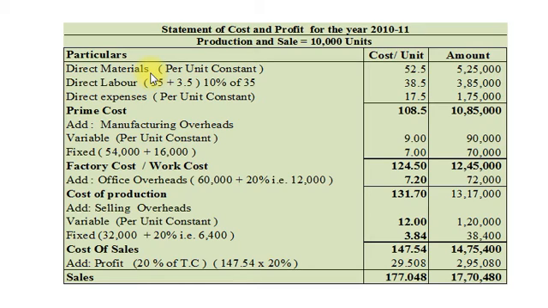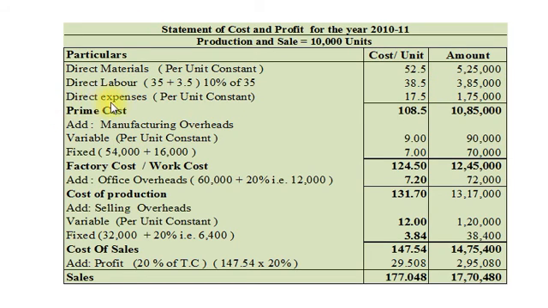Further, direct material cost is 100% variable cost, and the nature of variable cost, it remains constant per unit. So here it will remain constant, that is 52.5, same as 2009-10 amount, and per unit multiply with 10,000, total 5,25,000. Direct labor cost per unit in 2009-10 it was 35 rupees, and estimate says it will increase by 10%, so it is rupees 3.5, so per unit it will be 38.5, and total amount rupees 3,85,000.